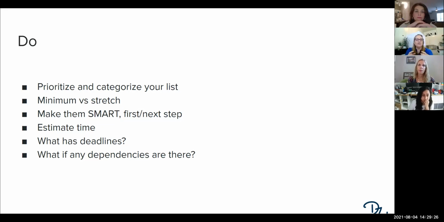Thinking about each of these, we've already narrowed it down to what our MVP is, but think about this month that I'm going to be working on it: is there a minimum goal that I want to do on this piece? And is there a stretch goal? So what is the minimum that would make me feel like I need to have this done? And then what are some things where, depending on how the month goes, I could really take it to the next level and it can stretch. And I've thought about those ahead of time so that there's a lever I can pull as things start to get busier or start to get lighter. Maybe I have a delay for something.